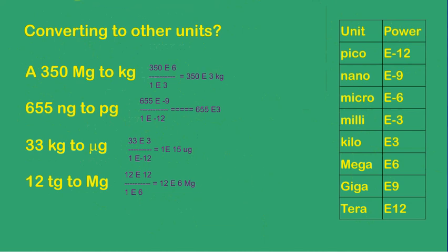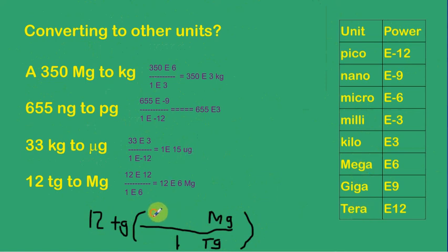If we were going to do this again, I'll just do this last example again here in pen. I'm going to be using my mouse to do this. But if we had 12 teragrams, we'd set up a conversion factor, and teragrams would be at the bottom. It should be a capital T, not a lowercase t like I wrote there. And I want to go to megagrams. Now we just have to realize, first of all, what's the bigger unit? Well, teragram is a bigger unit. And how many megagrams are in a teragram? There's a million megagrams, because the difference here is 12 minus 6. So 1E6 megagrams